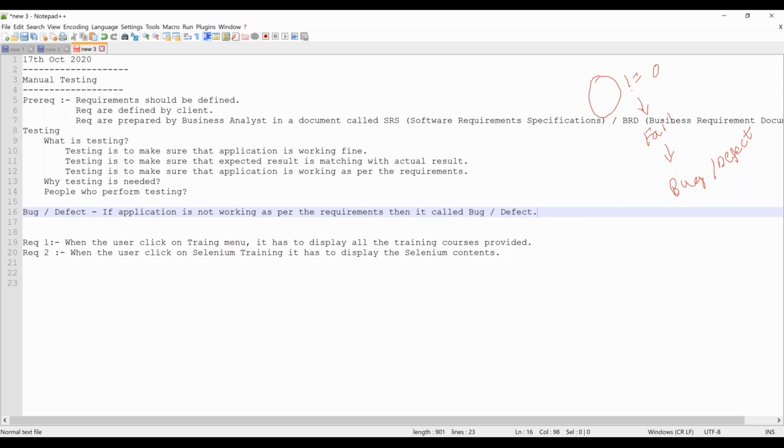So there is a minute difference between bug and defect. So that we will understand when we go to the actual bug life cycle. There is a concept called bug life cycle or defect life cycle. During that time, we will understand more about this. What is a bug or what is a defect and all.